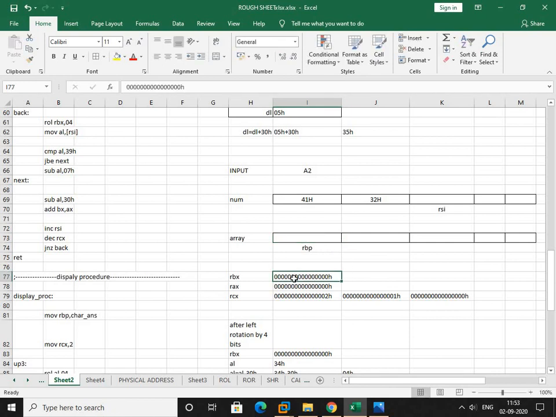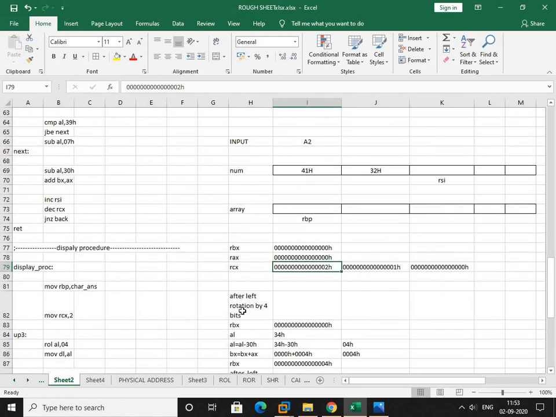So I have initialized RBX to 0, RAX to 0, RCX to 02H. Now we are going to first rotate the content of BX to the left. At the initial, since it is 0, the most significant 0 will come to LSB, and LSB 0 will come to MSB.